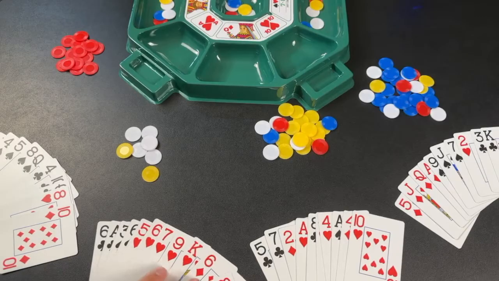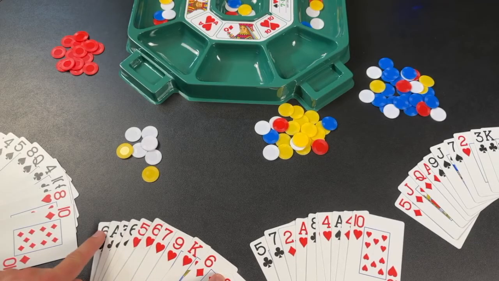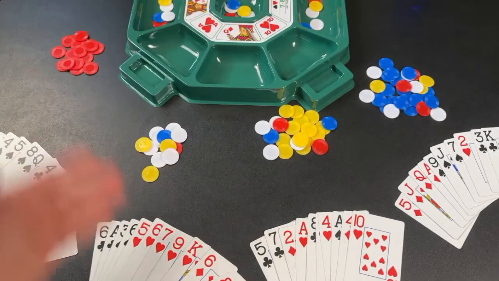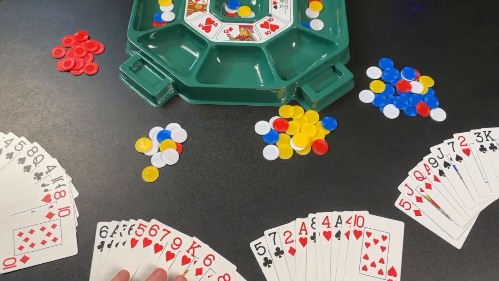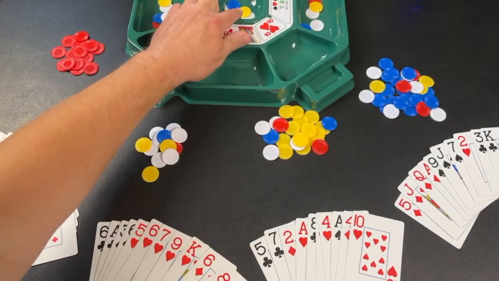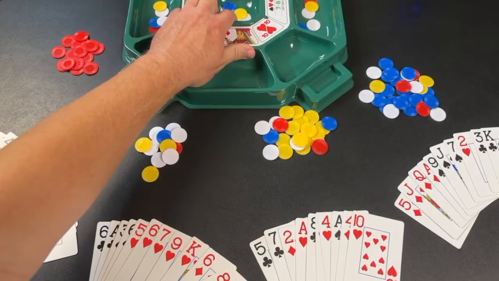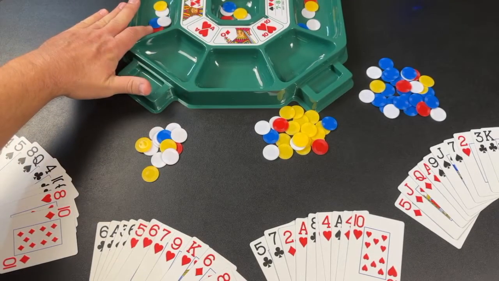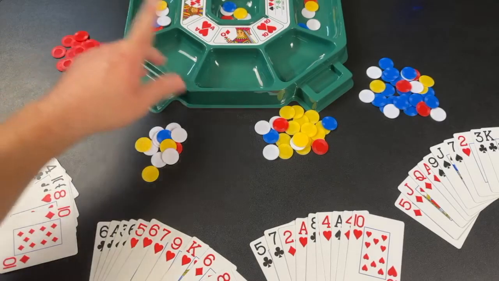And our dealer actually has a 4 of a kind. They have 4 6s. And nobody is able to beat that. So they collect the poker pool. At this point, players are competing to win the jackpot, and whoever empties their hand first will win that pot. The rest of the chips will stay on the board until the next round, and those pots will continue to